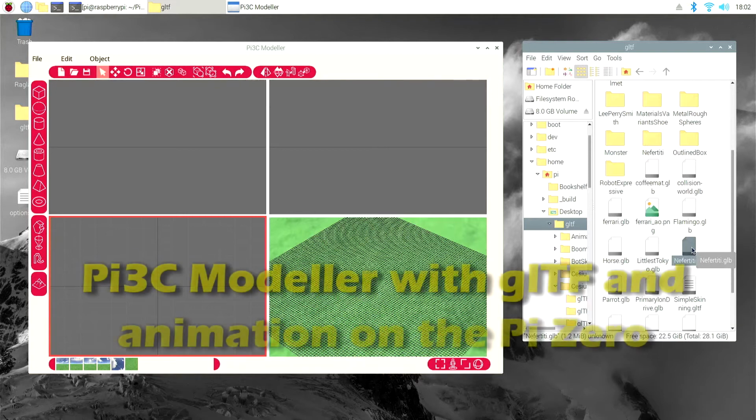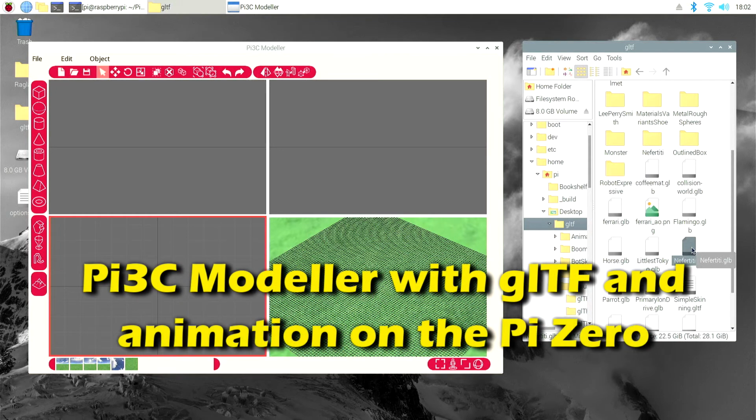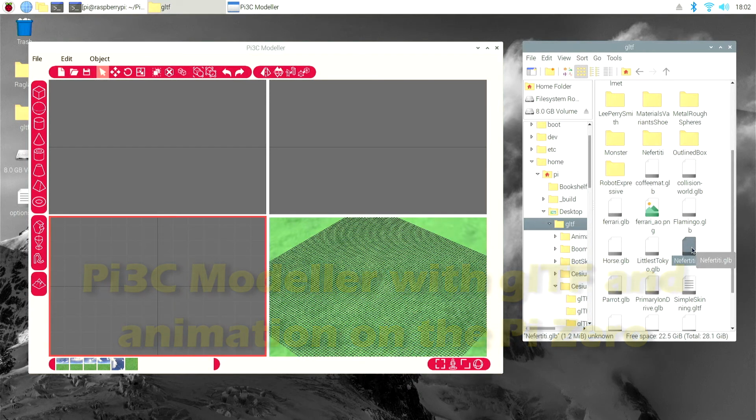Hello again, we're back on our Raspberry Pi Zero with the Pi3C Modeller, and I just want to give you an update of what's been going on recently. I've been installing a file format called the glTF, otherwise known as the GL Transmission Format, which has been developed by Khronos, and